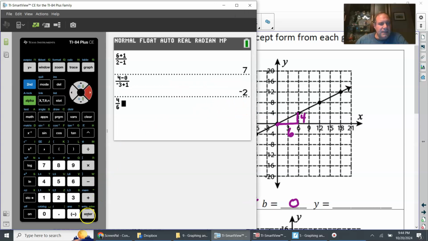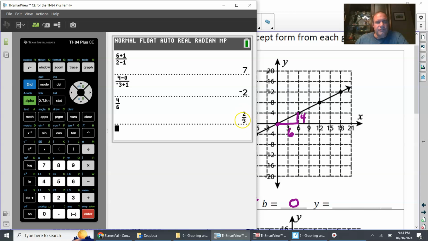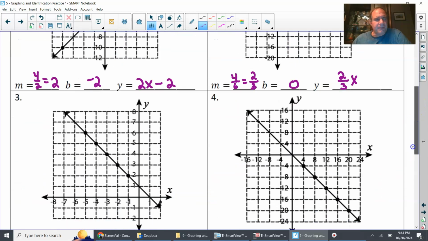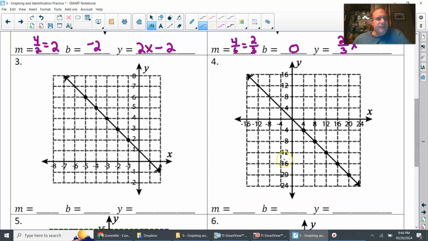Just like that. And if you press enter, it just reduces it for you, all right, to the lowest form. So it is 2 over 3. So we have y equals 2 over 3x. And you don't have to put the plus 0. All right, for the next one, number 3,